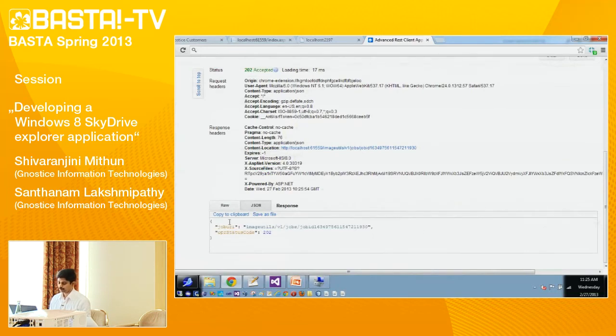Now we got the job ID. This is the job ID. It is pointing to job/job ID, and you can see that the content location has the complete absolute URI for this job ID. We can use this link to track the status of the operation that is being executed on the server.